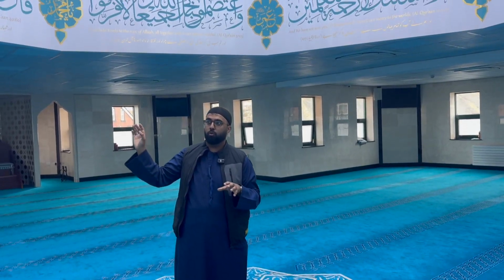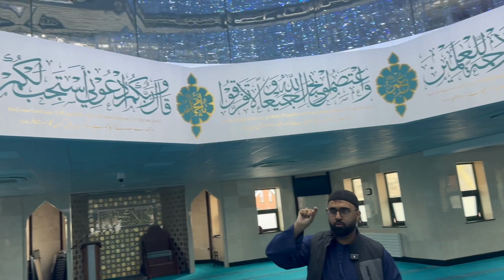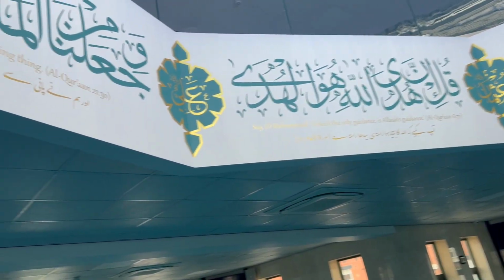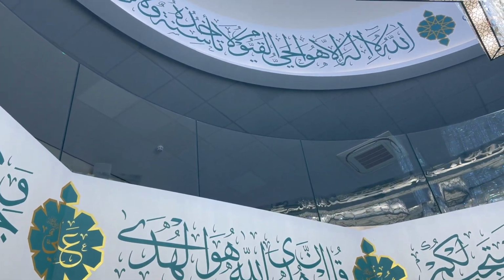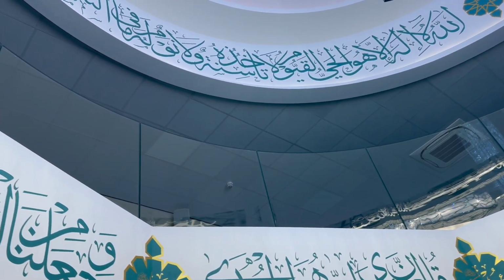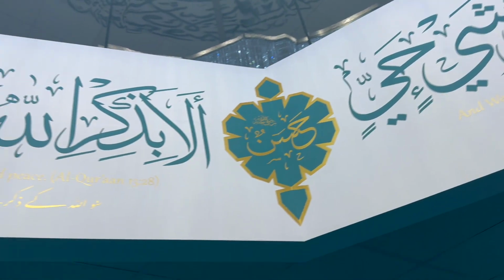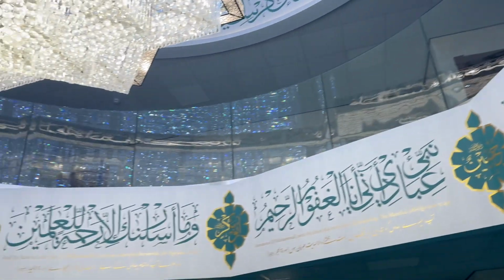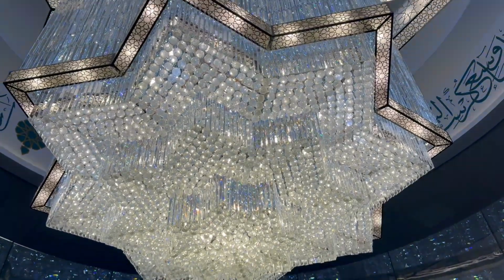So one of the things I want to mention as well is all the calligraphy you see, the Arabic, the English, the Urdu underneath here as well, is all handwritten. And up there you will have the ayat of the Quran as well, where it mentions Allah is the light of the heavens and the earth. And again, it's beautifully written right next to this chandelier where we're at, and this bright light that fills the hall itself. So it's a bit of deen, bit of dunya combined together, alhamdulillah, to be in again a beautiful